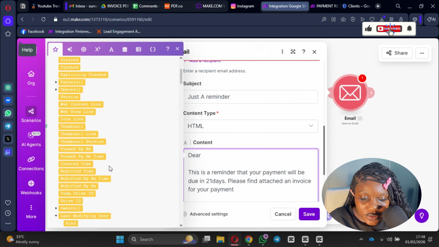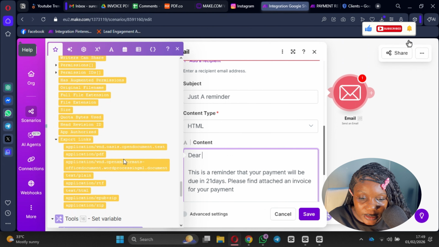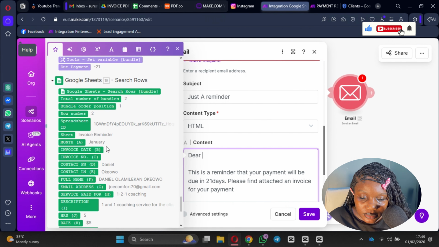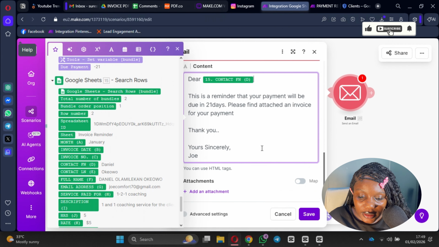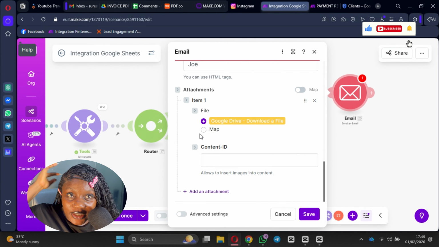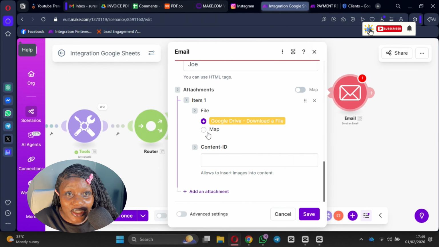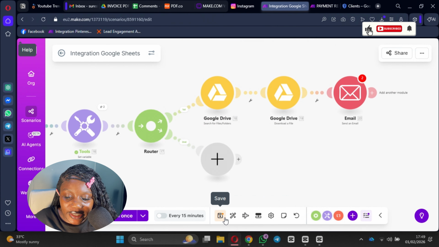There, you use the first name here just to personalize it better. You say, dear Daniel, and then you don't forget to add your attachment. It's automatically going to map that out for you. So you click save. What you want to do is go ahead and update your